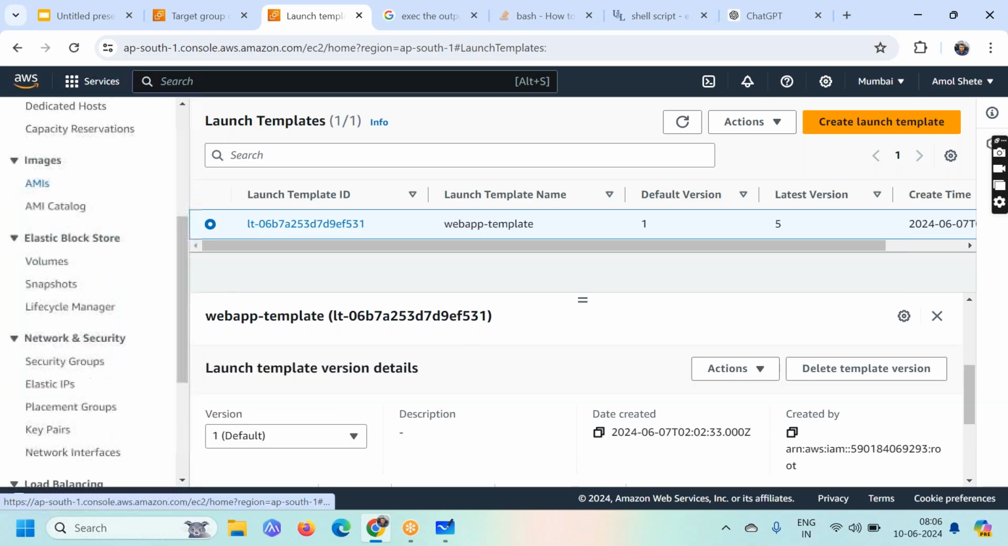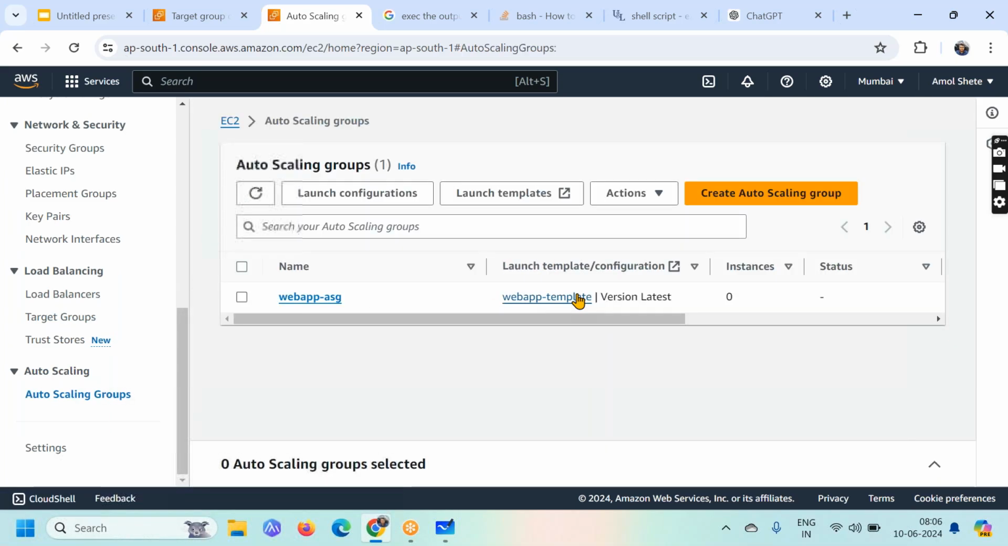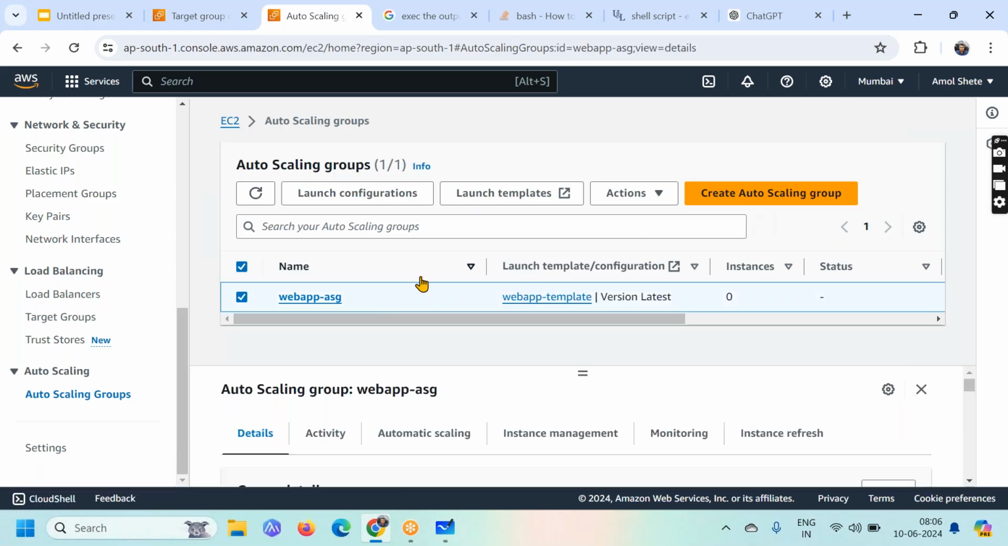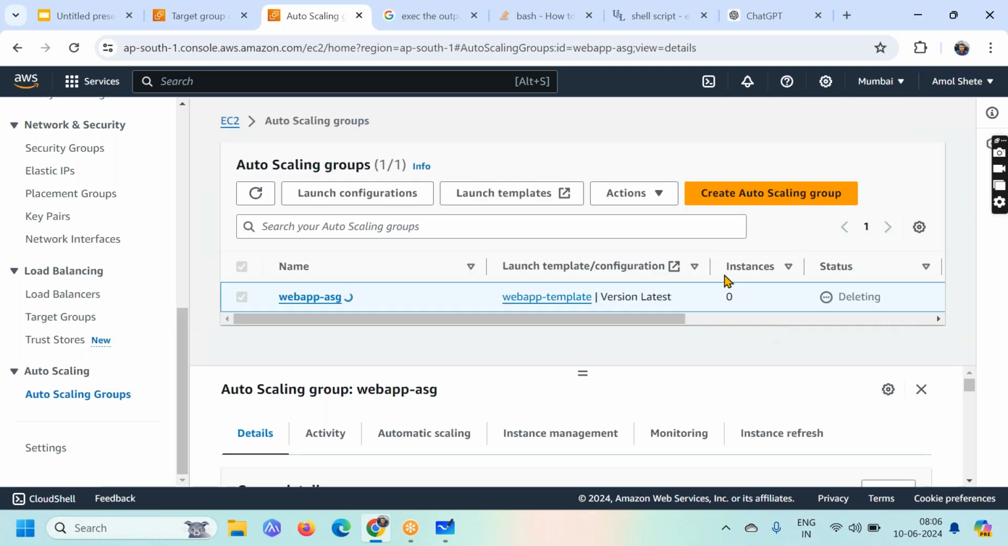Now finally I will go and create an ASG. I'll click on Auto Scaling Groups, and here we have an ASG from the last time. Let me delete this existing ASG, and here we'll create a new one. So I'll say create Auto Scaling group,